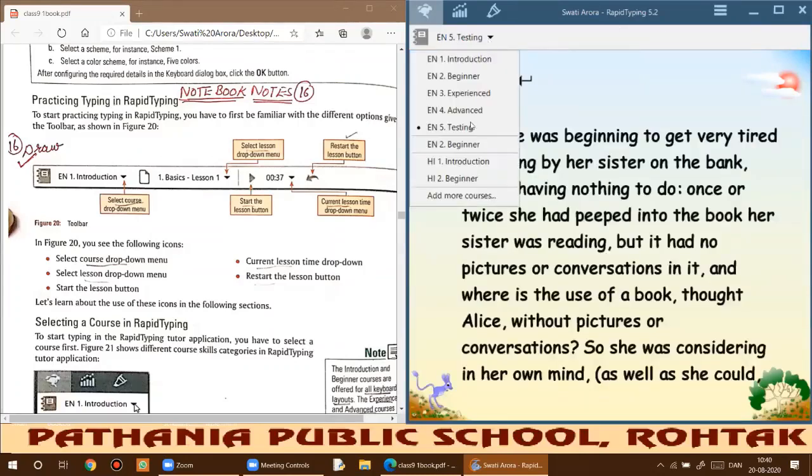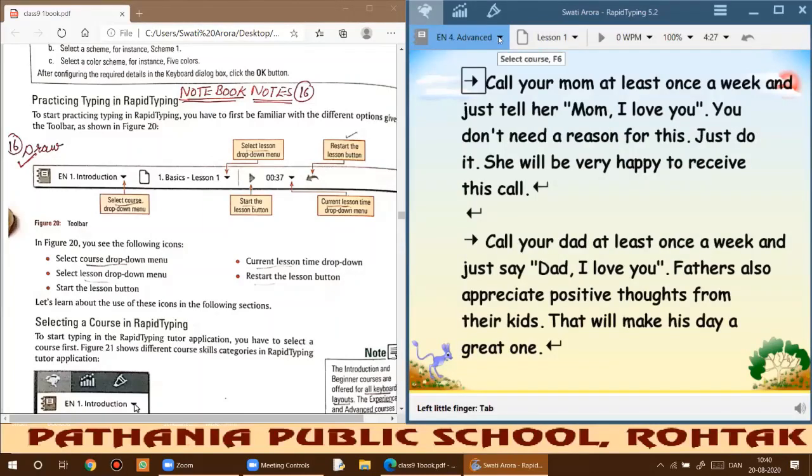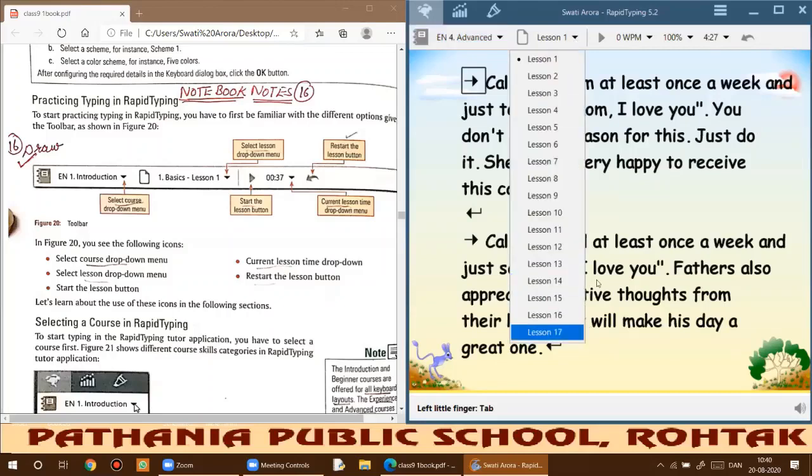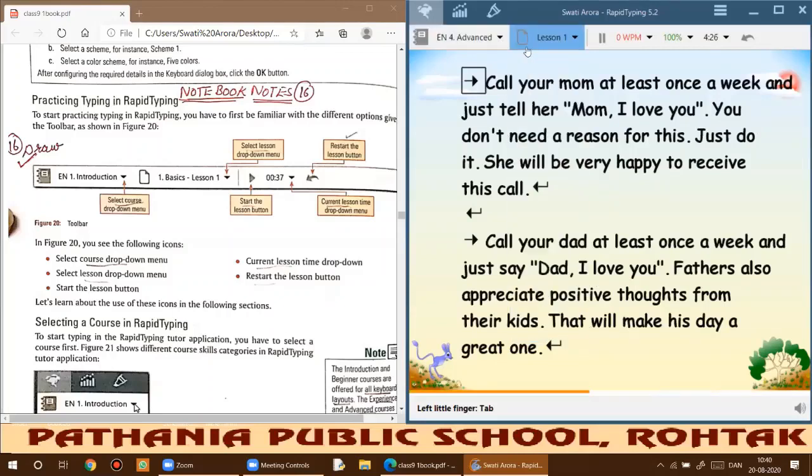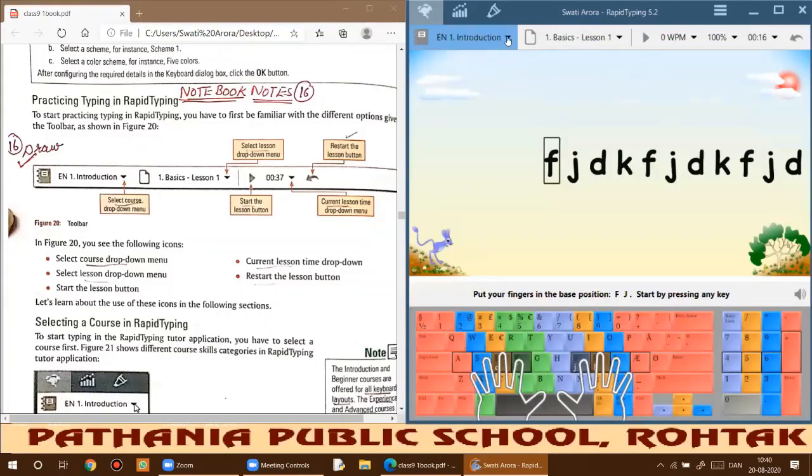So it is not having different lessons inside it. Similarly, whichever lessons a course is offering you, you can select any one out of them. So you can see different courses having different types of lessons. Fine. So you need to select the course, and whatever lesson is present will be offered to you, and you can easily select that lesson.